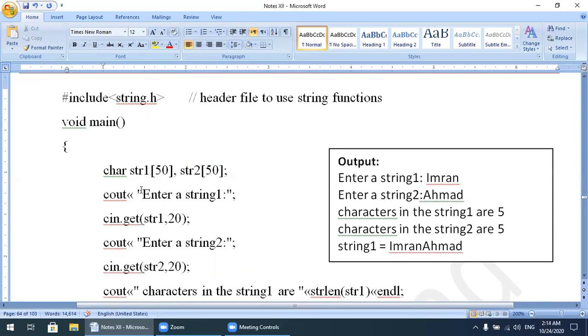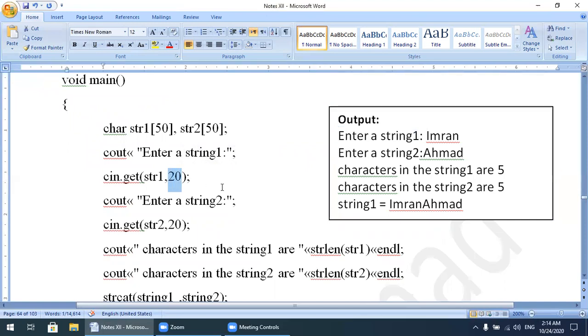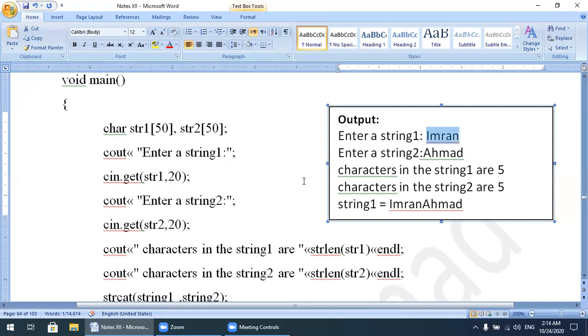Now cout enter string 1. So this message will first appear on the screen: enter string 1. Now with the help of the get function, str1 comma 20, it means that I can assign only 20 characters for string 1. So I enter any name, like here I enter Imran. Then cout enter string 2.